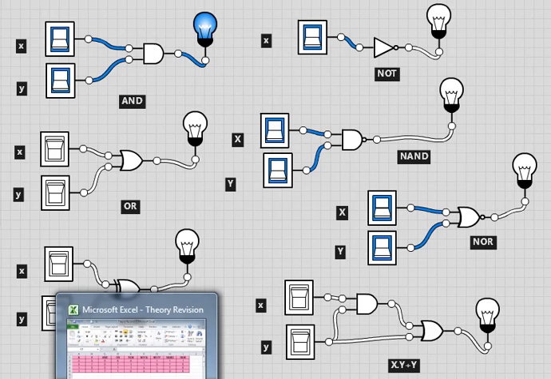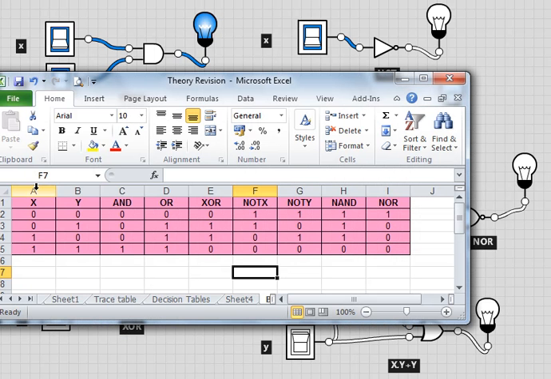And this could be represented in a truth table as looking at all the eventual combinations between X and Y. 0 represents no power or off, and 1 represents power. If we have the switch on at X and on at Y, then in an AND we have a signal at the light. If we have the switch off at X and off at Y, then the light